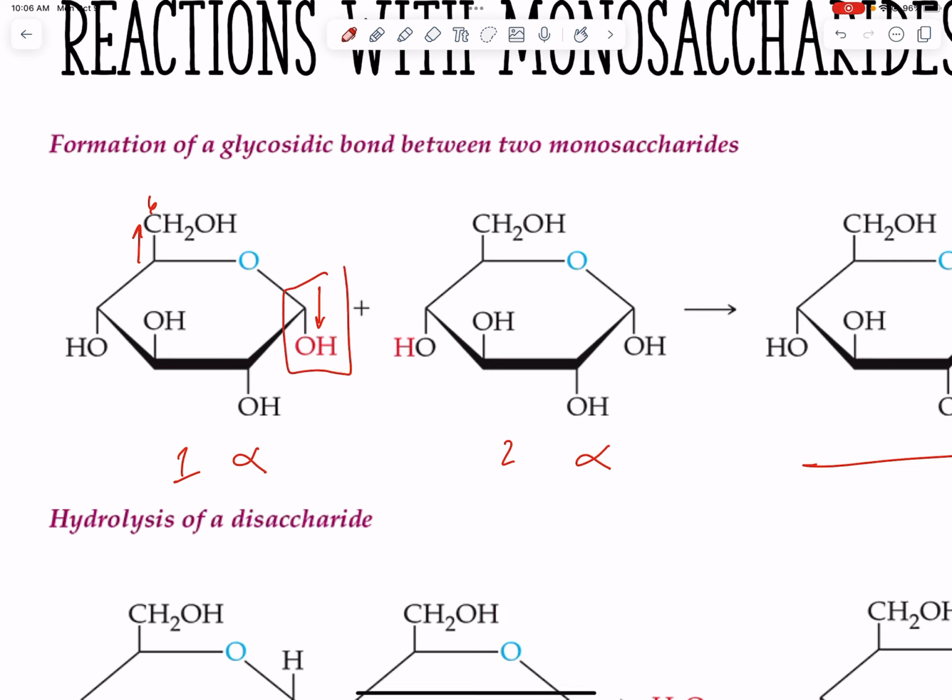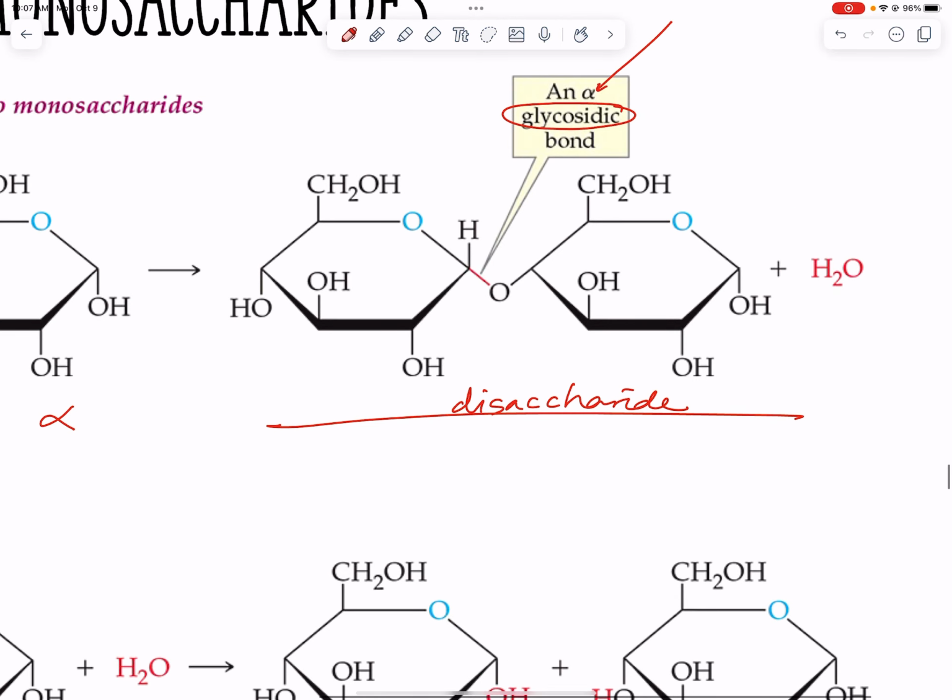So the OH on carbon 1 is oriented opposite the plane of carbon 6. So this is an alpha monomer. When you form the bond, what is very important is that the orientation of this is still angled down. That's going to be very important. We're going to do a carbohydrate dry lab, and when you draw these bonds, you want to think about